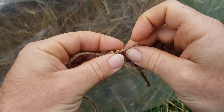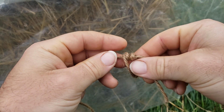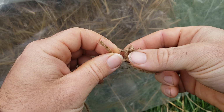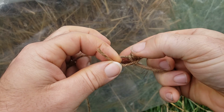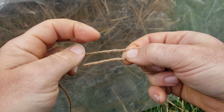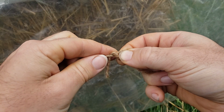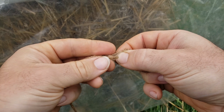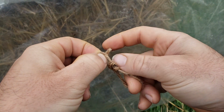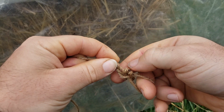We're going to bring it in through the loop. You want to make sure you give yourself enough of this tail. We're going to kind of bring it across here over the top. I use my thumb and a finger or whatever to kind of pinch down right here, because then we're going to go over, under, and that loop, that section we created with the pinched finger there, we're going to put it through here, and then a little tension there, pull,